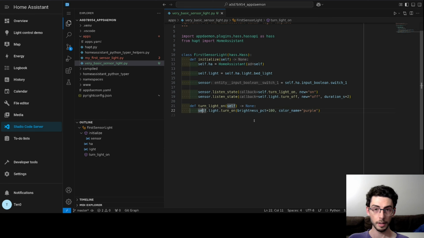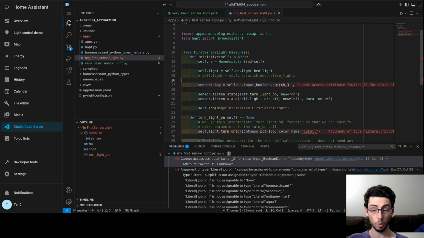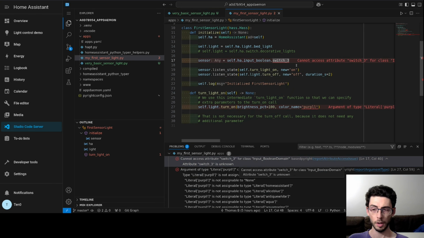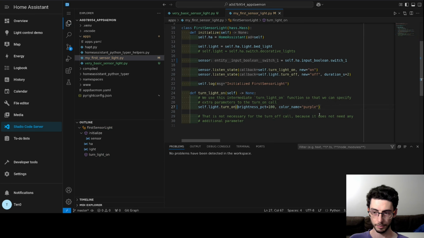Not only that, but if there are issues, you get to see them as you're writing the app before it's trying to run. For instance, here, if I had the same switch problem that I had in my previous automation, where my switch does not exist, I can immediately see it here and replace it with one that does exist. Another error could be the color name was wrong, so I can just put the correct color name, and we immediately get to see that no more problems are there.